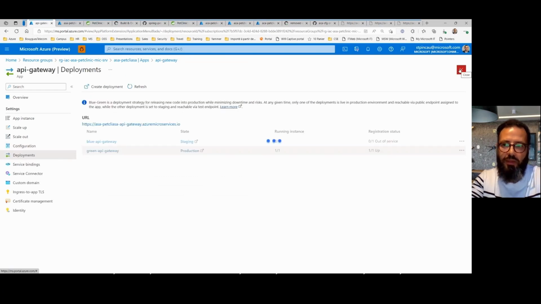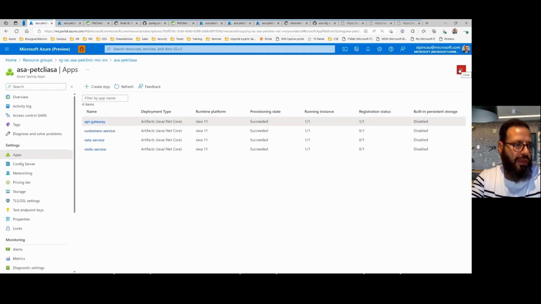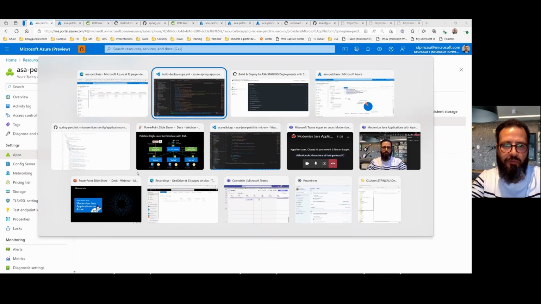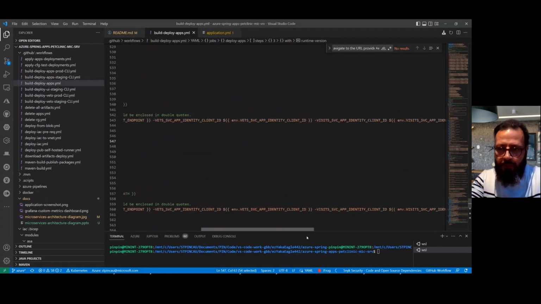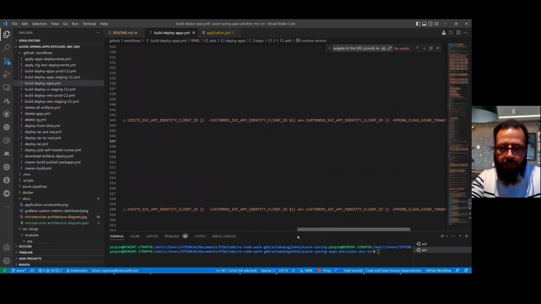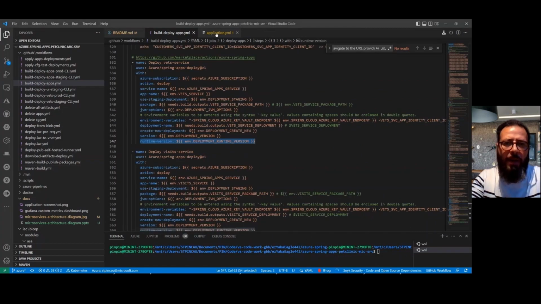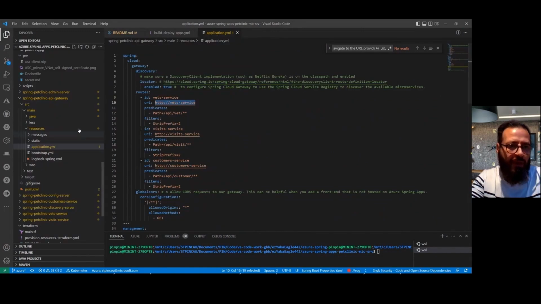Now, we have seen the deployments. Yes, I've missed one point, which is the routing. If we go back to here, yes, this is again the API gateway project, where here I have this application.yaml file.